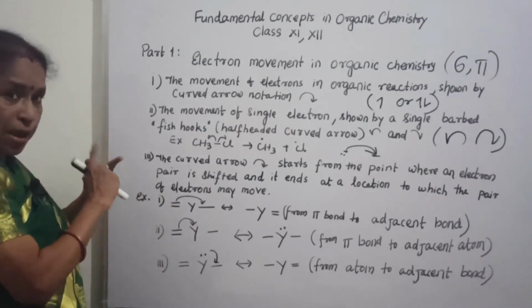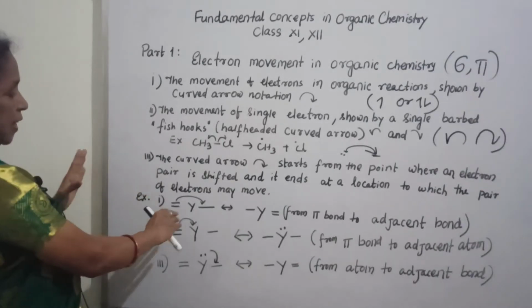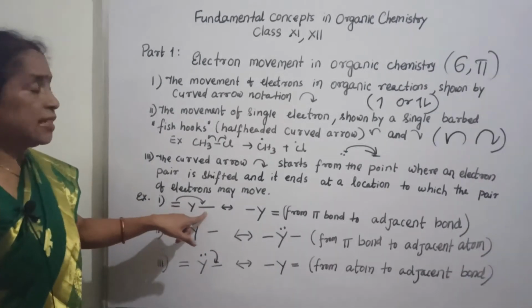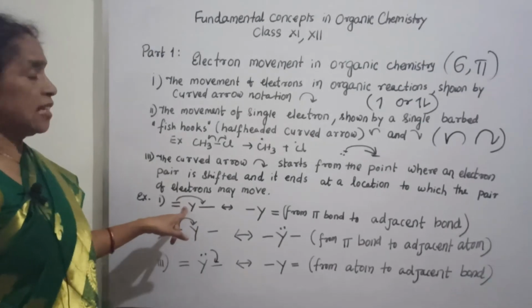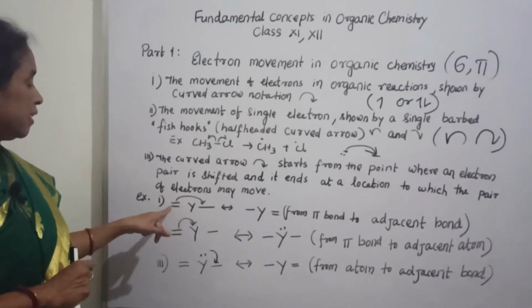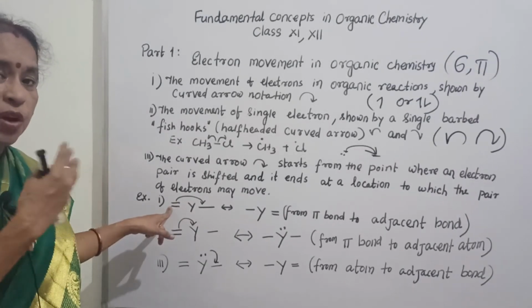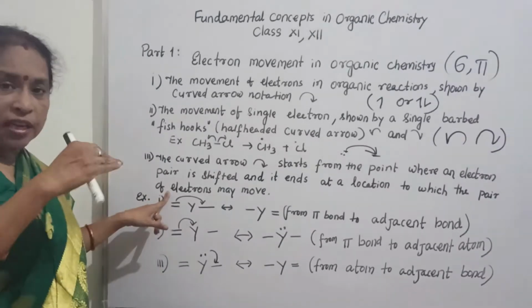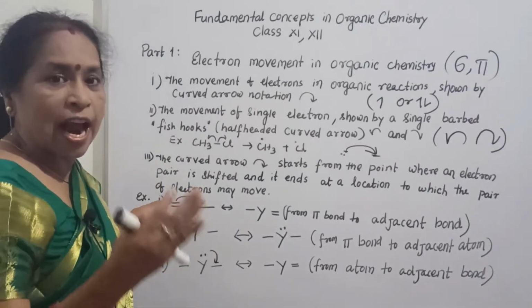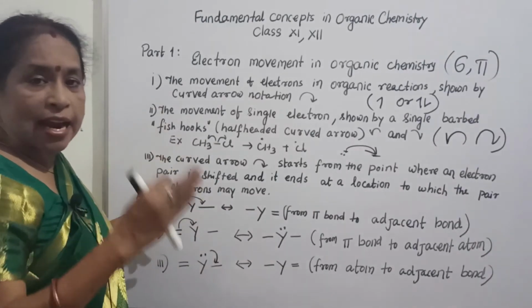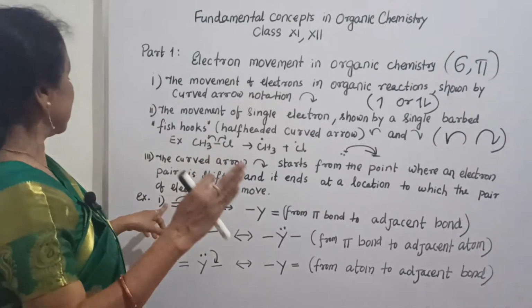Movement of electron means movement of a pair of electrons. Now see, it is one example where you indicate this is a double bond, this is a single bond, and Y is a substrate or any molecule. Then what happened? Since there is a double bond, that means one is sigma and the other is pi. One is sigma, which is a strong head-on overlapping bond, and the other one is pi, that is side-by-side overlapping,